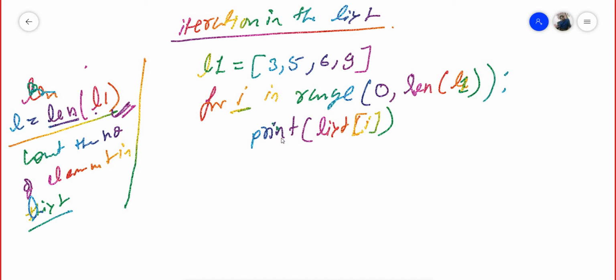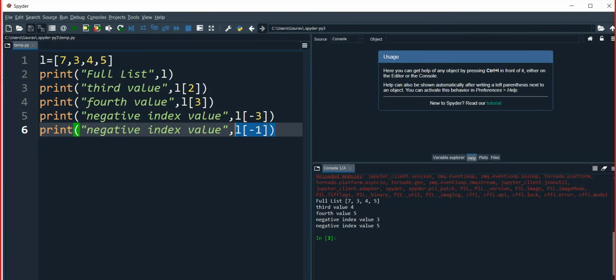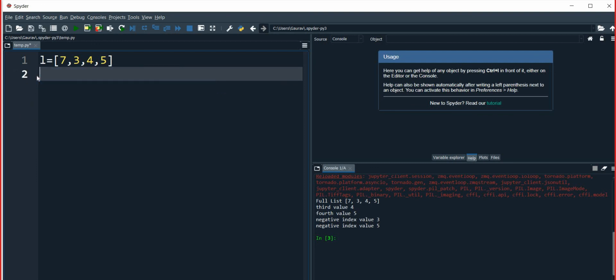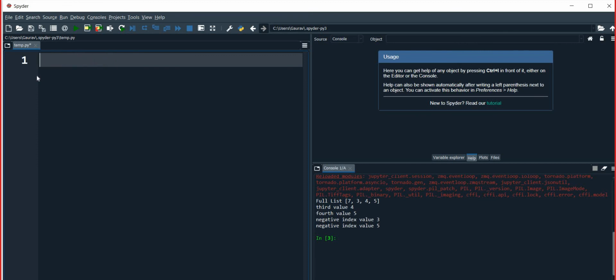Now see, let's see it in the ideal. Suppose that the list is L is equal to 7, 6, 9, 8, 10.